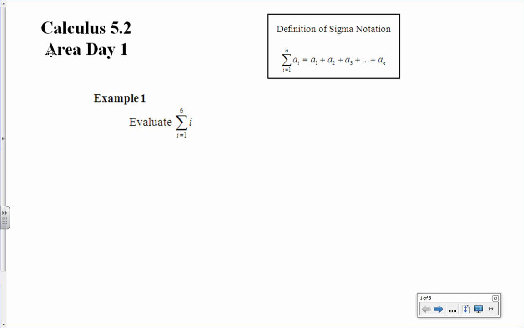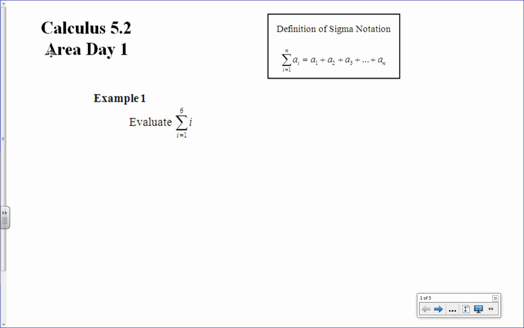So we're going to do a little bit of a review of what it even means first, and then we'll start doing some problems together to show you how it would be done longhand, and then I'll show you the shortcut. So very similar to what we did in derivatives, kind of old school and then new school. So this first one,